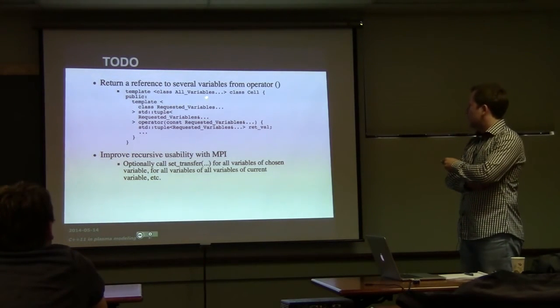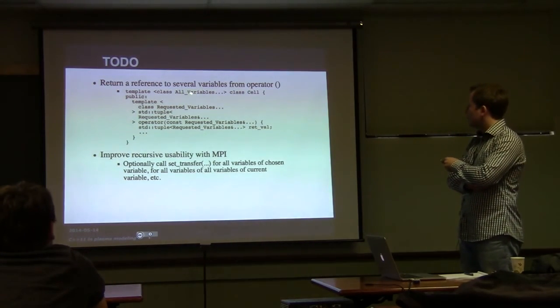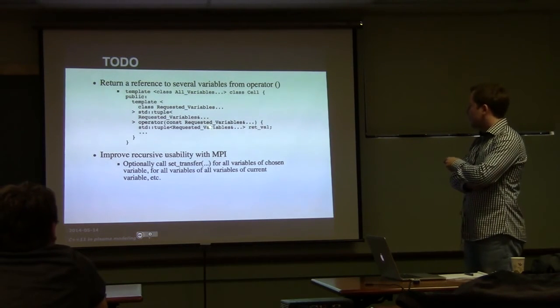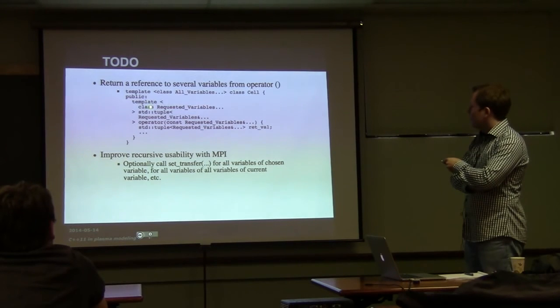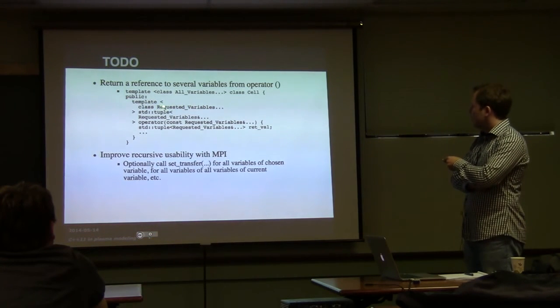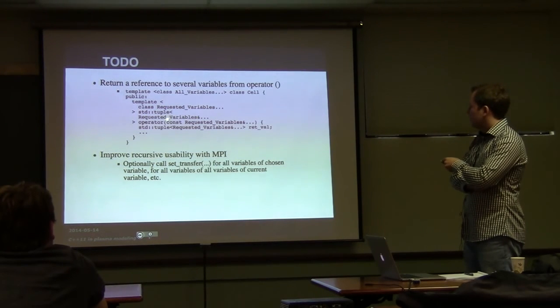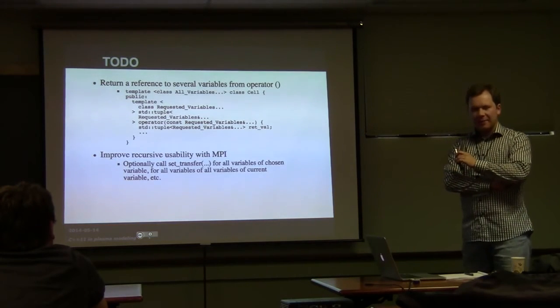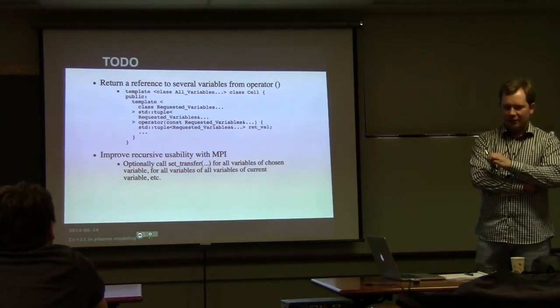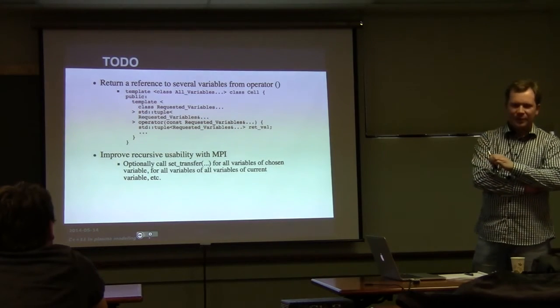But I don't know. At least I couldn't make this work with a little effort because, first of all, the return type is the requested variables, and then you have to return a tuple of these, and then you have to fill it up somehow. So this seemed a bit tricky to do, actually. I suspect that it's possible, but